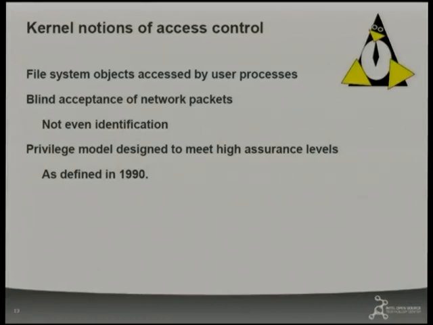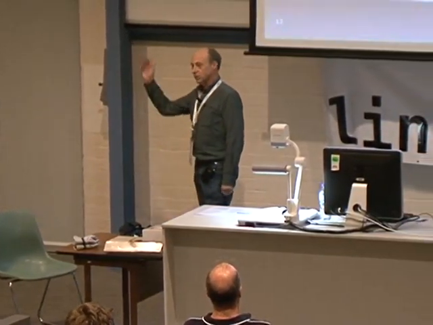And beyond that, whether this file is an audio device, a disk device, or in-memory files, it doesn't care. It's an object. I know how to deal with objects, except of course for sockets and network packets, which it just lets through because